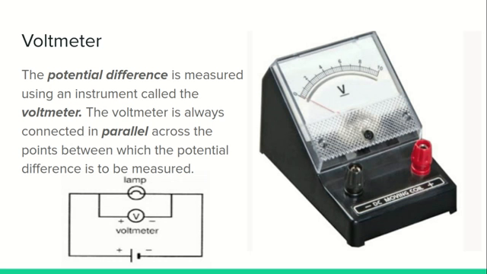So you can see that the voltmeter is connected in parallel to any 2 points where you need to find the potential difference. Now here you can expect another kind of question, about the least count. In this voltmeter, the first reading is 0, the second reading is 2, then 4, 6, 8, 10. Least count means the value of one single line, from 0 to the first line that you see here. How do you find out?